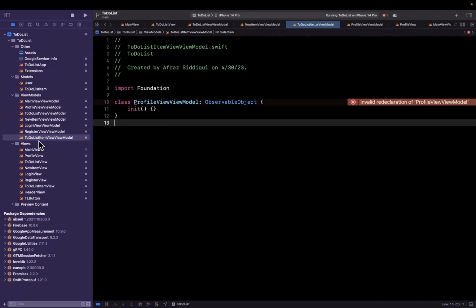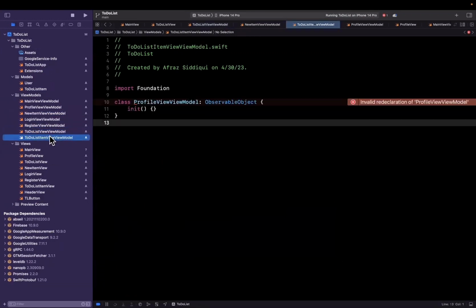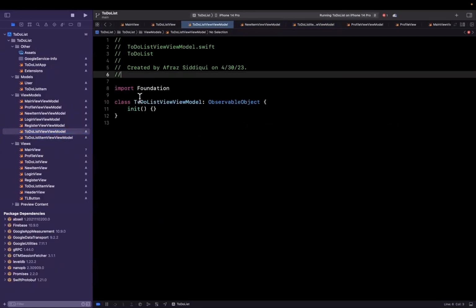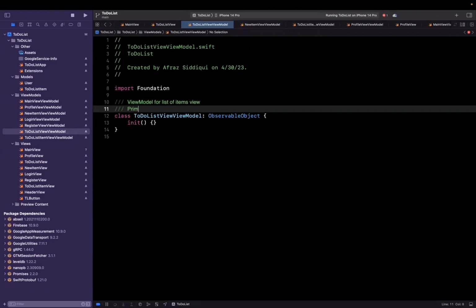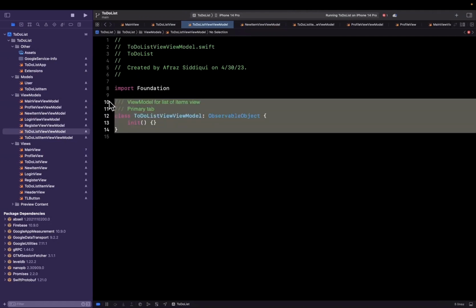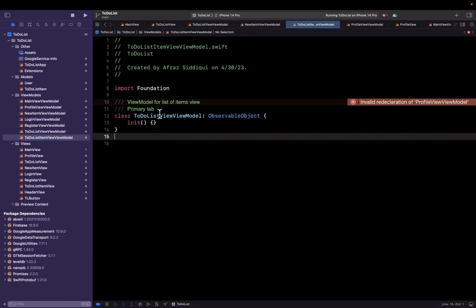It actually looks like we have a duplicate here. Let's see what the difference is. So this one is to-do list item view, and this is a to-do list view item view model. So let's just add a comment since they're named so similarly so we don't screw them up. So this is going to be view model for list of items view. We'll say primary tab, and let me copy this into this guy here, and let's just make sure we change